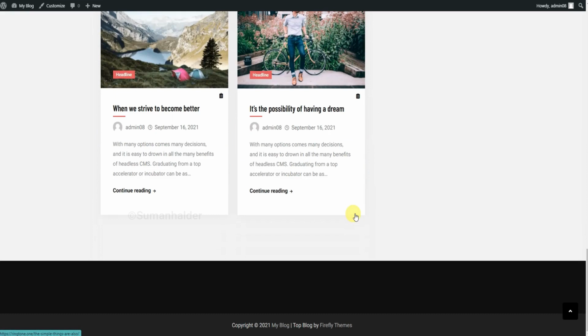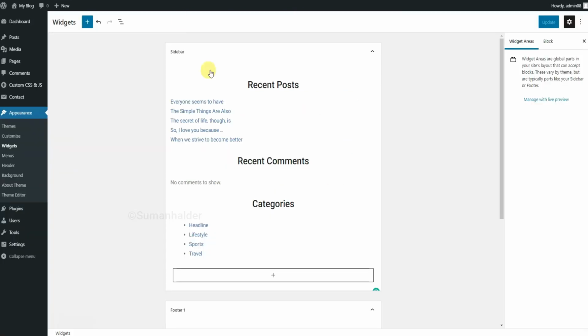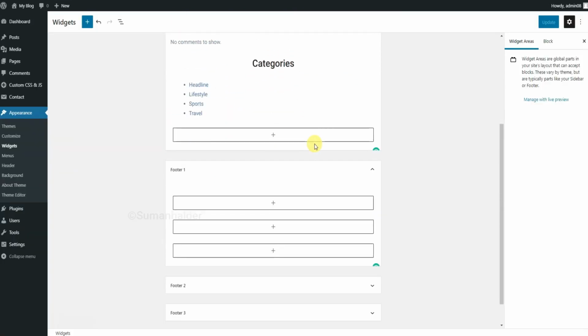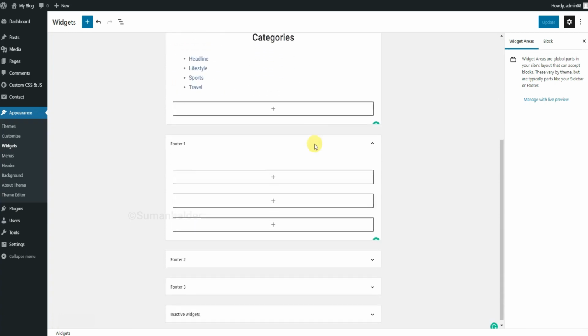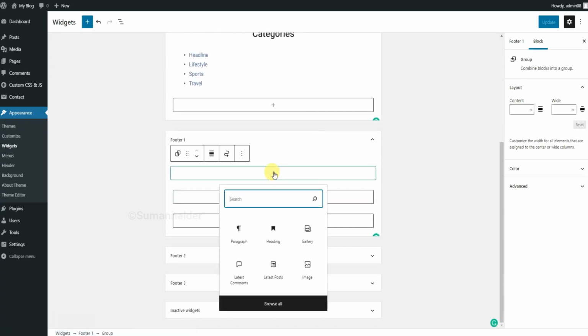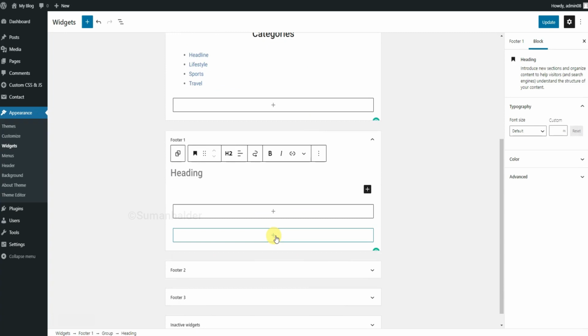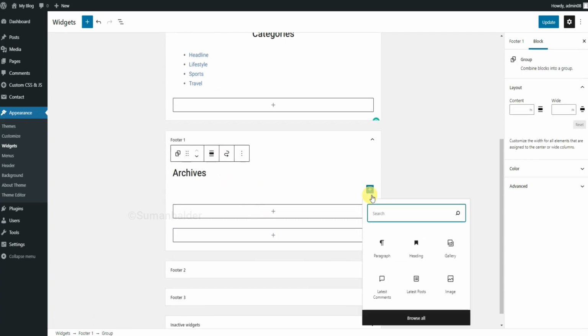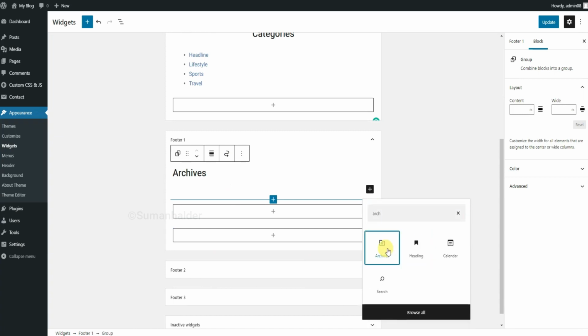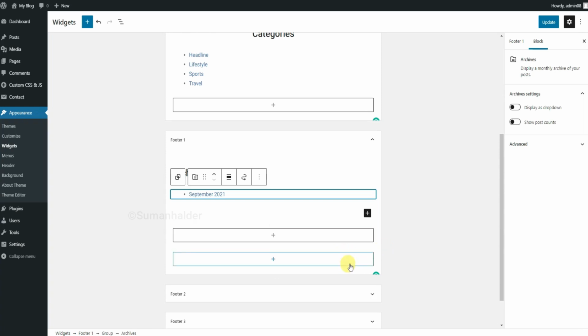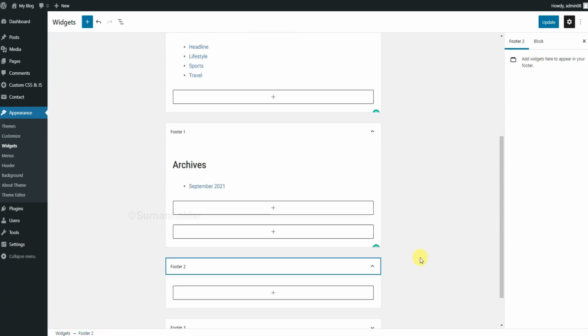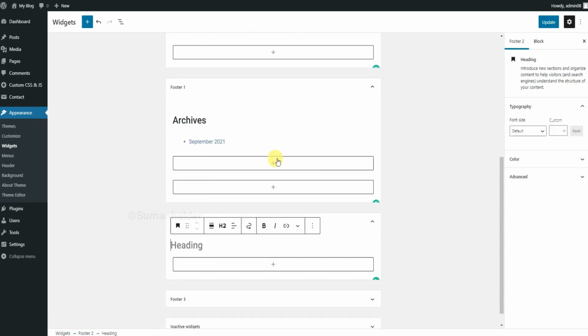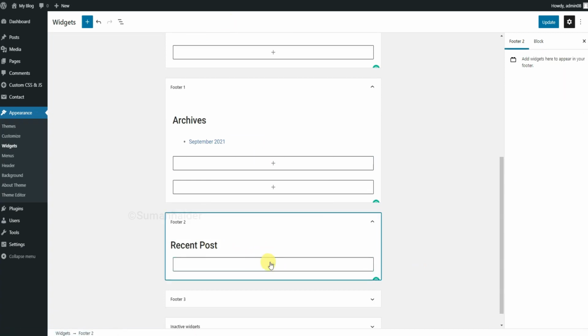Now we need to create footer section. Now go back to WordPress dashboard. Scroll down to footer section. Click plus icon and click heading. Type archive. Click plus icon. Type archive and click archive. Again click footer 2. Click plus option and select heading and write recent post.